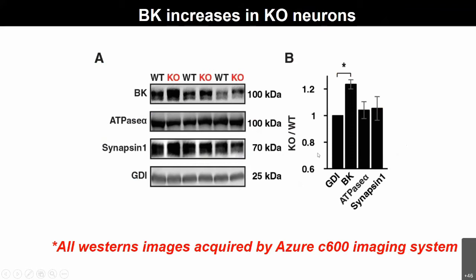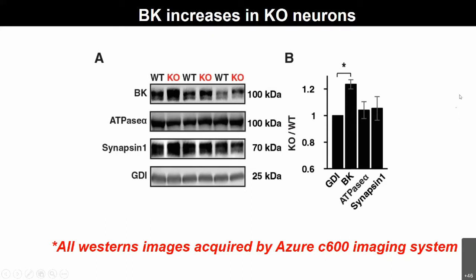And so to understand better why the BK current is actually higher in the knockout than the wild type, we turn to quantitative Western blotting. This is where we got a lot of help from the Azure C600 imaging system. It's shown here. We notice that in these triplicate pairs, the only thing consistently changed is the BK. But the level of change is not that high, only about 20%. BK never gets changed a lot. It's almost impossible to change the BK level a lot. So it's about a 20% change, but this 20% change is actually quite meaningful.